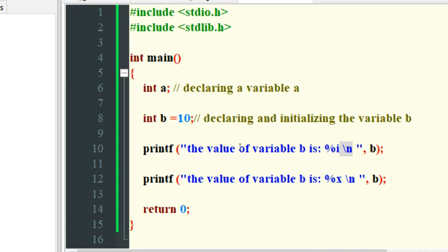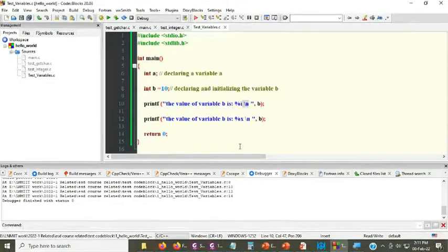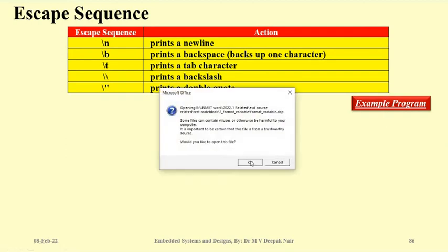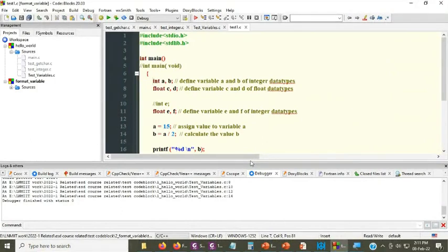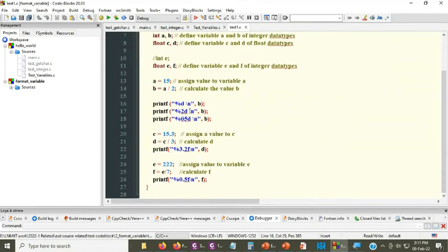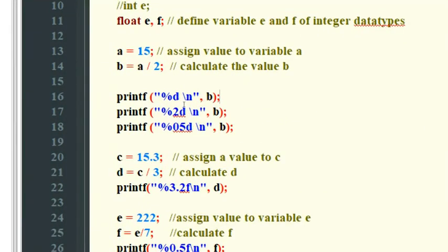Apart from that, there are many other escape sequences, such as backslash n, which is very commonly used to print a new line, backslash b for backspace, tab, and printing a double quote. I have a program here, but I don't want to cover them right now. You can just check here. These are different types of data specifiers.